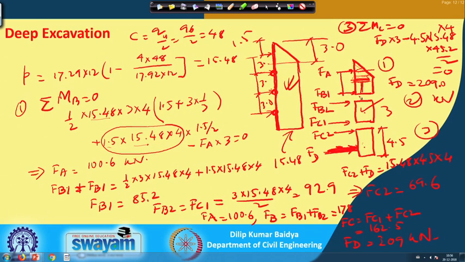So, that is the thing we have done first, and once you get F A, F B can be obtained because summation of vertical force equal to external load, summation of vertical force will be 0, that means this reaction plus this loading should be equal to 0. That is done here, and from there we got F B 2, F B 1. For the second beam you can see it is symmetric. Because of that F B 2 and F C 1 must be equal, and then their value will be total loading divided by 2, that is the thing you have done here.